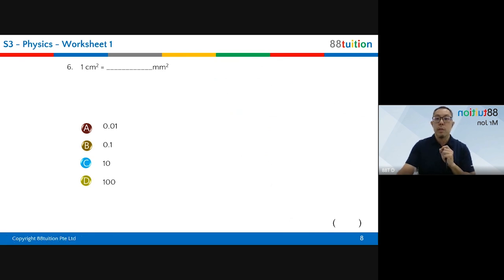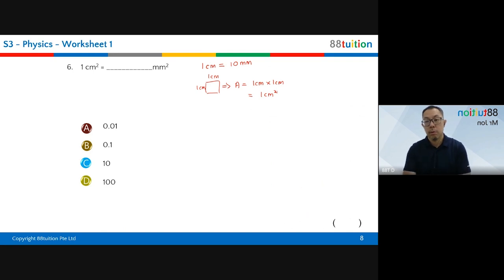Okay, so now it's square already, right? So another way of testing you. So don't worry about the square first. Think of 1 cm. How many mm? 10 mm. Right. So imagine I have a square, and I find the area is 1 cm times 1 cm. So it's 1 cm squared. There, right? Now, instead of representing my sides as 1 cm,